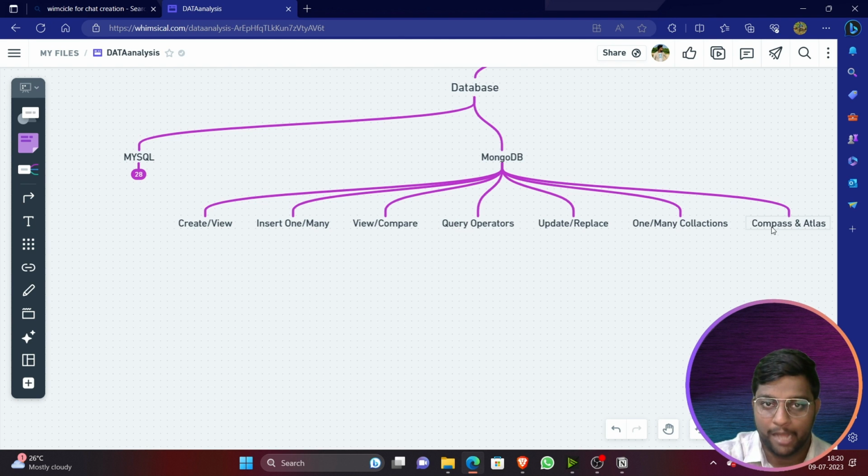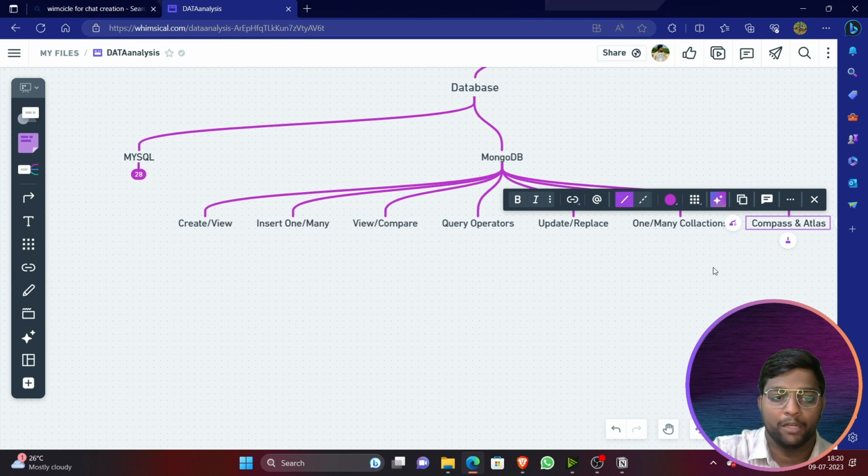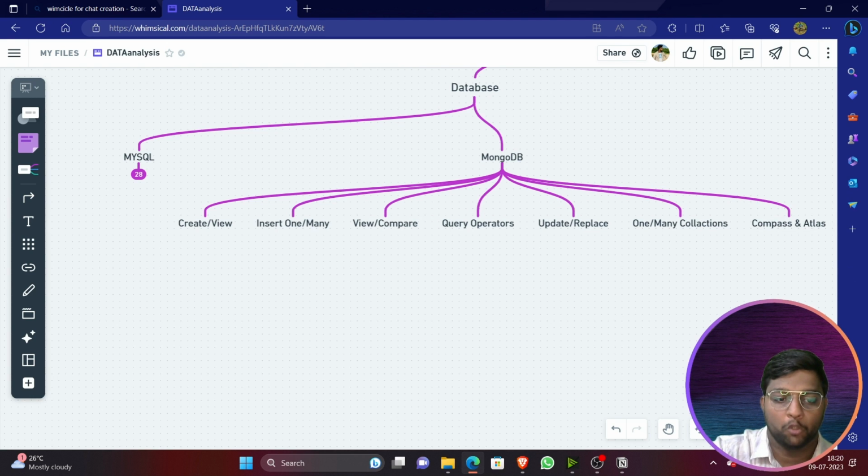And there is something, the apps like MongoDB Compass and Atlas, these are GUI apps, graphical user interface apps. So using MongoDB Compass, you can access it directly using that particular application. You don't need to write any code or any command also. It's a GUI application. By just clicking, like how you normally use your Instagram or Facebook, like that you can easily click, create, and handle it. And when it comes to Atlas, this is a cloud-based MongoDB storage where you can store the data. So you should know about these things in detail.